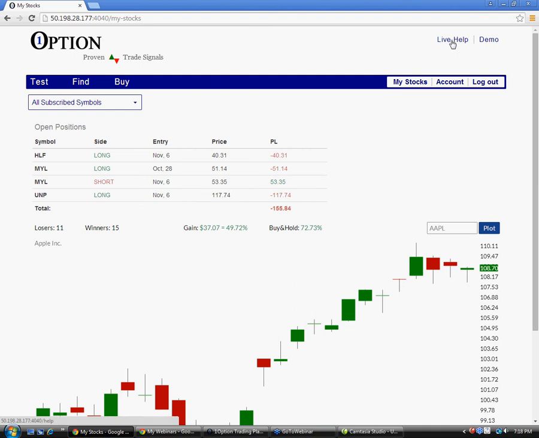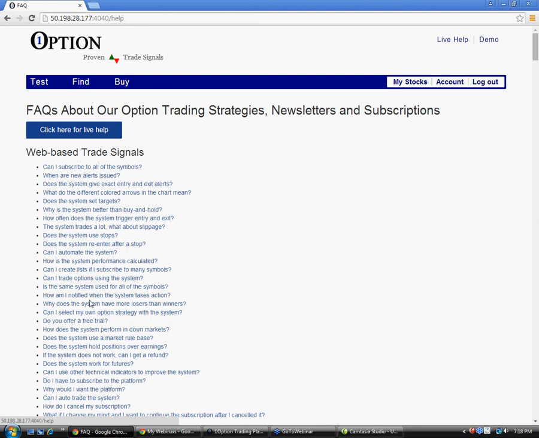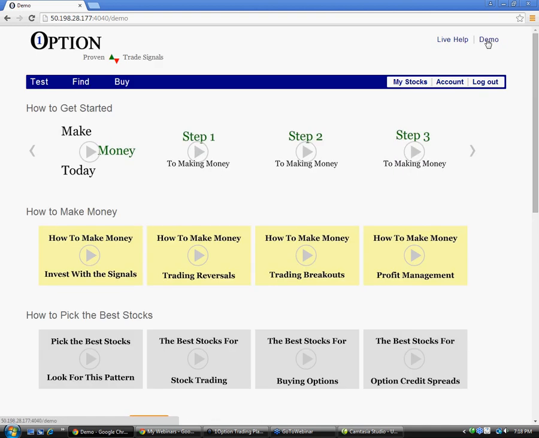There's also a live help area, which is the standard live help page. And here you'll find a lot of answers to the questions on the new single symbol subscription model. And this page I've spent a lot of time on. I call it demo because it really does give you a feel for the trading signals, and there are lots